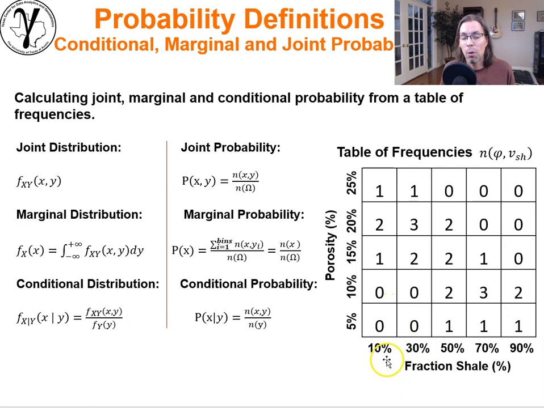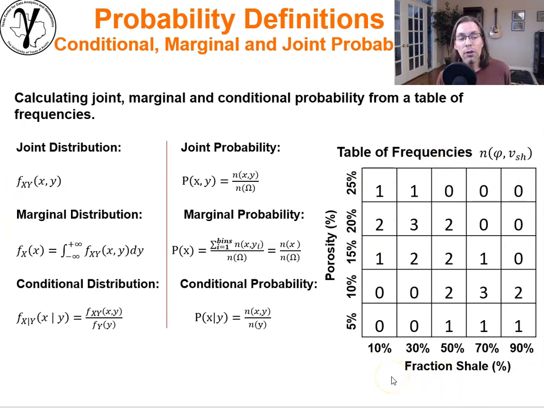What have we done? We got a feature 1, fraction of shale, and we binned it up. We got feature 2, porosity, and we binned it up. And you could imagine we could take all of our point cloud and just count the number of data points inside of each one of these bins. We're just binning up a scatter plot and counting the frequencies in each bin so that we can easily start to make some calculations. Okay, so the joint distribution is really discretized here as a bunch of frequencies.